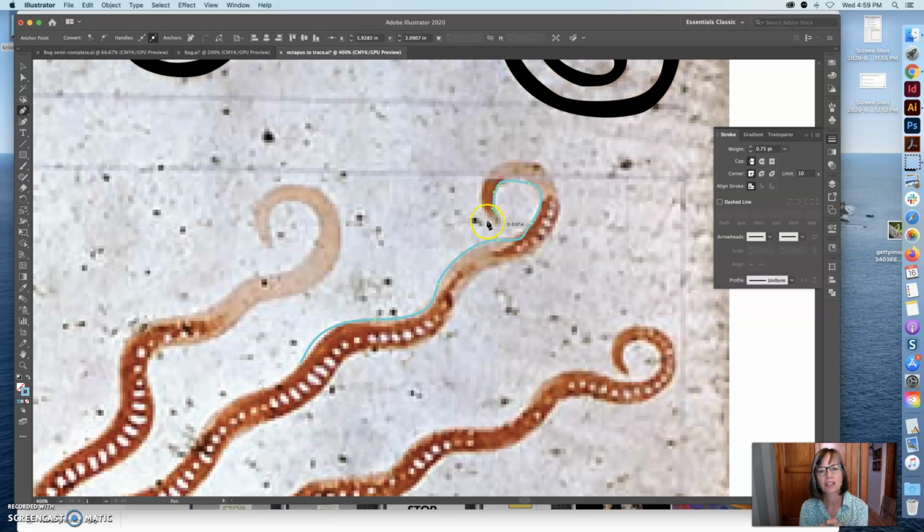Now when I get around a tight spot here, the best thing to do is to put one point with just a short pull, go over to the other side and do another short pull. So you get a nice curve there. I continue to go around, dragging. Now my curve, you can see, is not perfect, but don't worry because we're going to